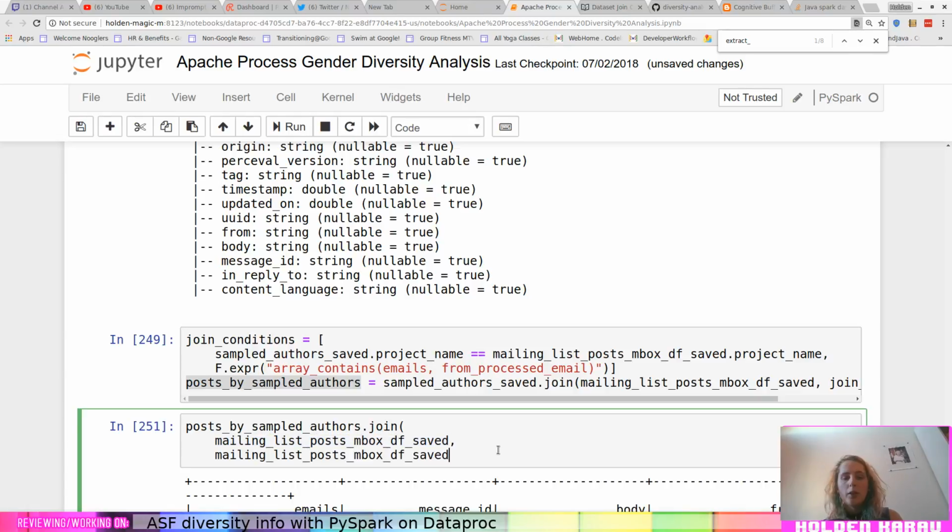Dot message ID equals post by, okay, posts with replies.